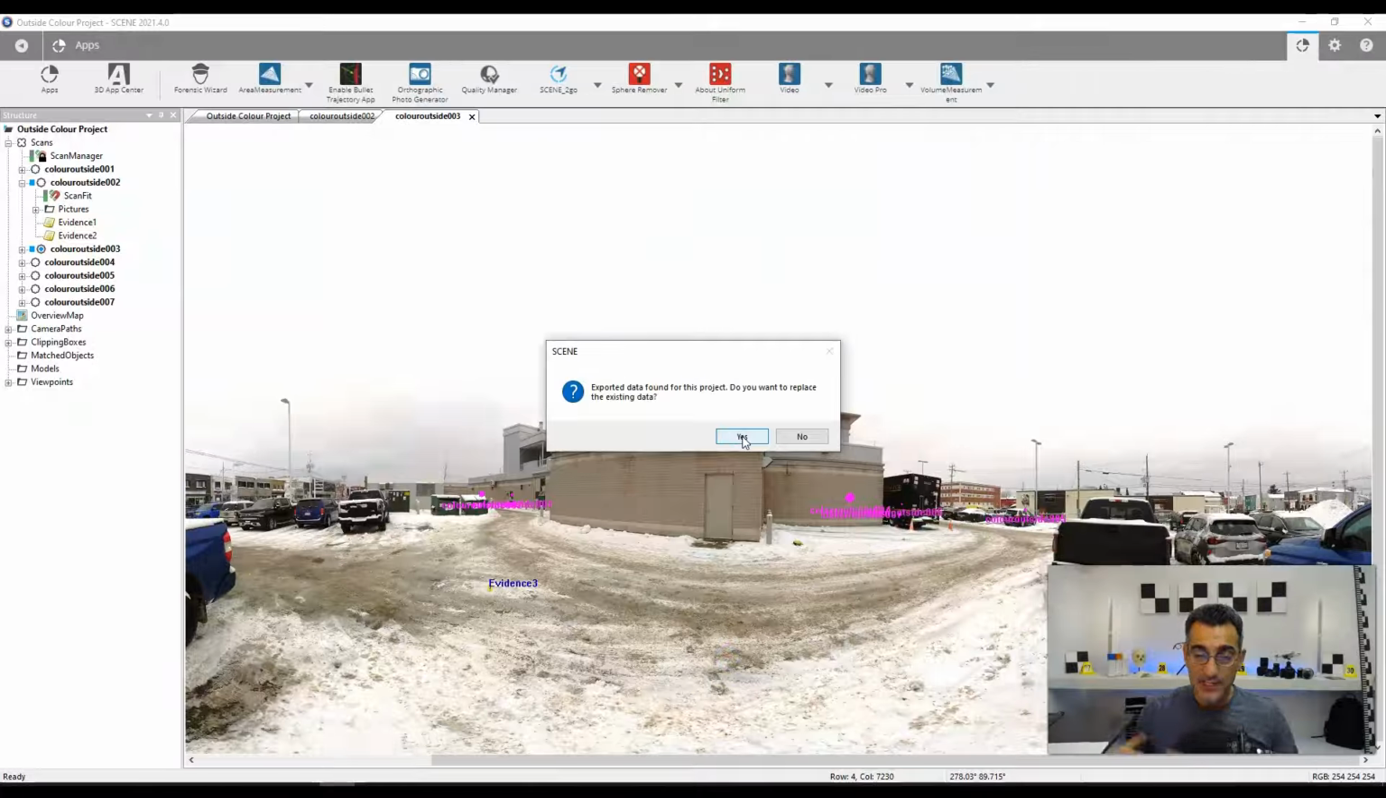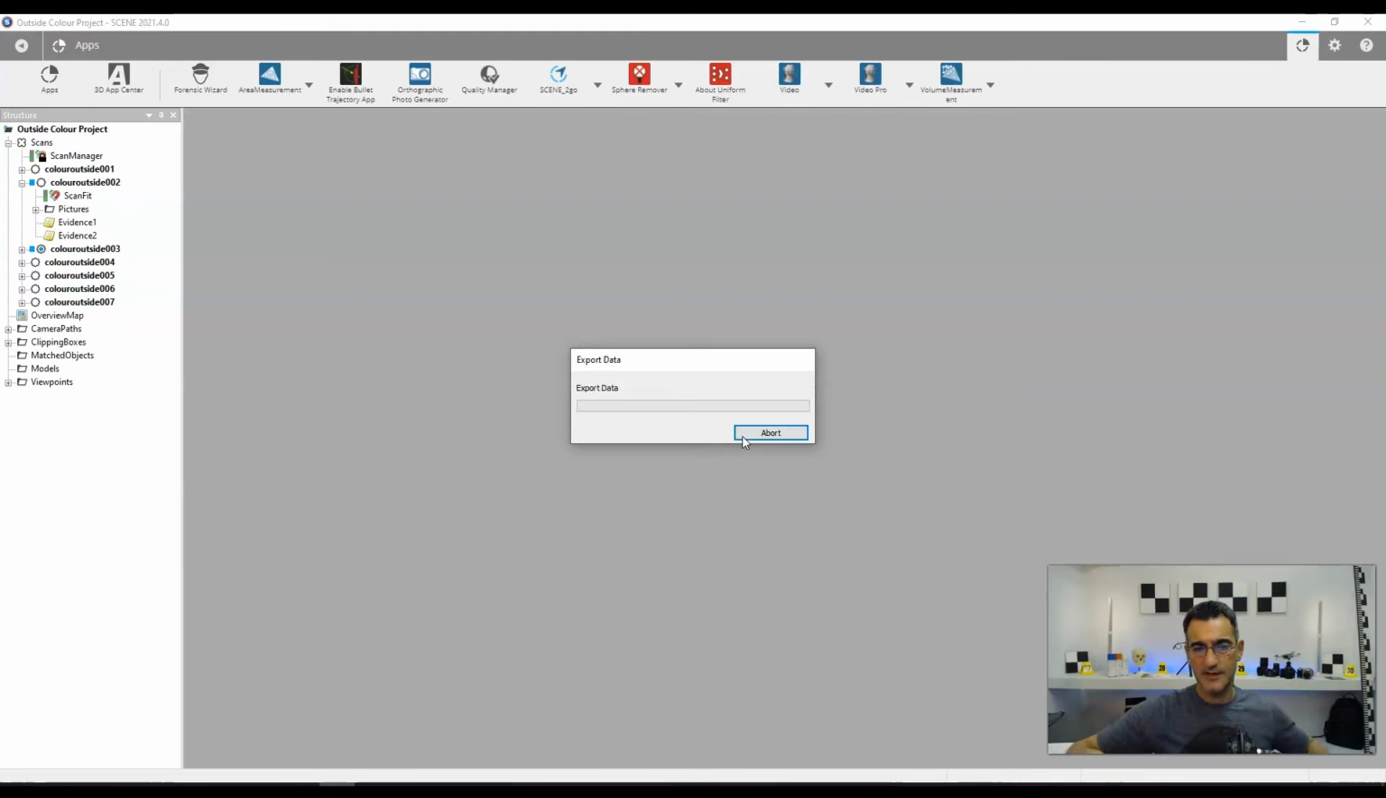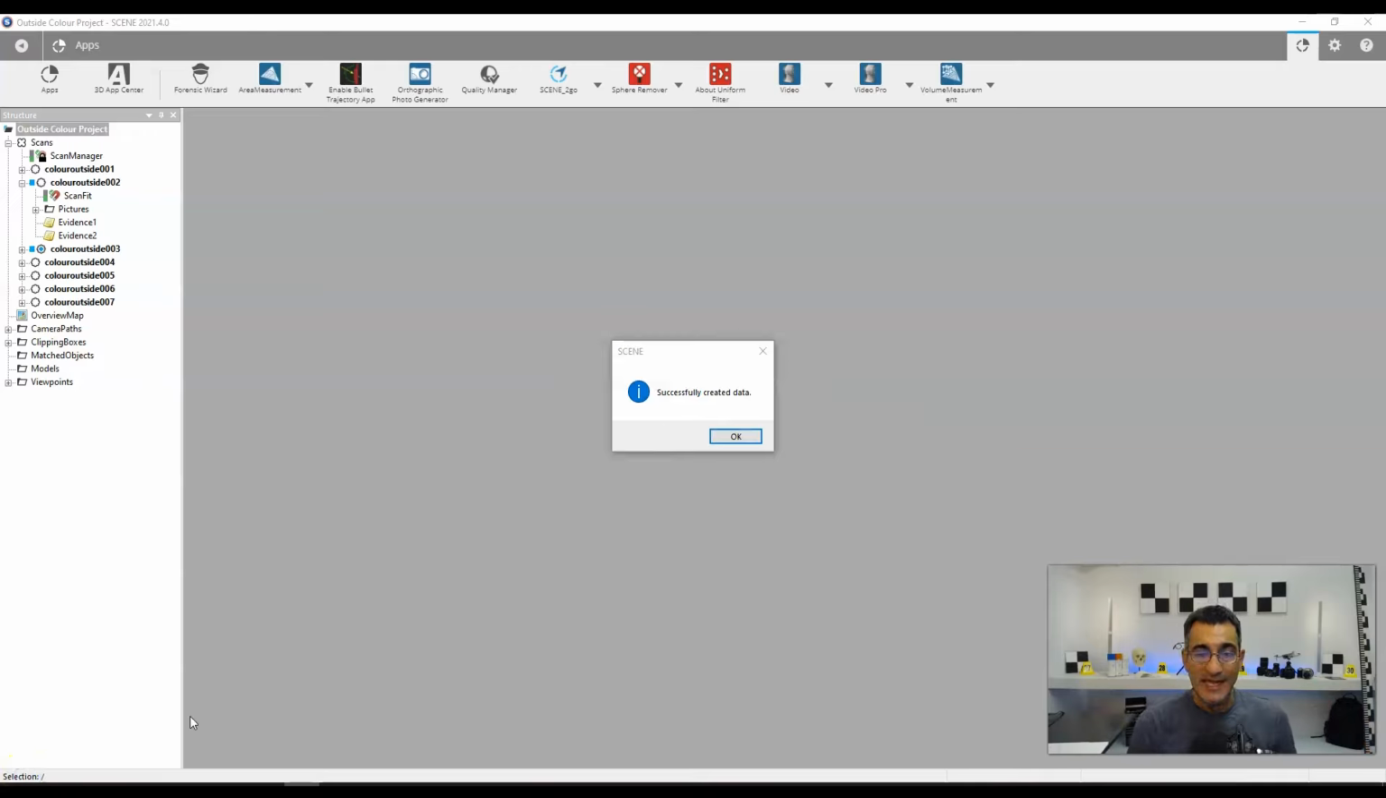Okay. Now I've already done this once before, so it says, hey, you've exported the data. Do you want to replace the existing file? I'll go, yeah, go ahead and replace it. So let's let it cook here. It's going to do its thing. It's going to create the panoramic images and everything else. And then when it's done, I'll come back to this. So we have successfully created the data, as you can see from the message box here,